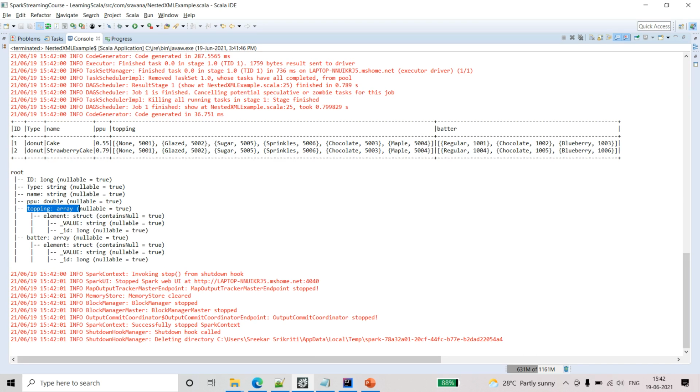You can see here, earlier it was struct, but now the topping has turned into an array. Even the batter became an array. Earlier we had struct in both of these places.